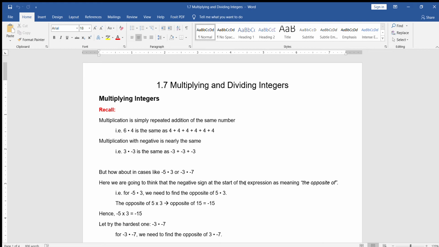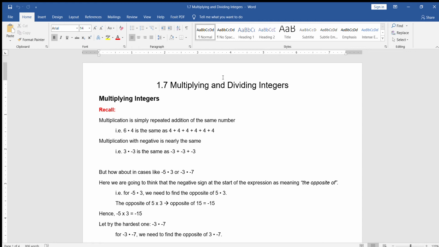For this video, we're going to go over 1.7, multiplying and dividing integers. For this topic, we're going to learn two operations. And you might be thinking, wow, why are subtraction and addition different sections, but multiplication and division are the same section? Well, that's because